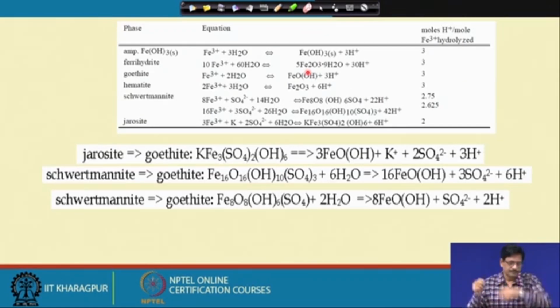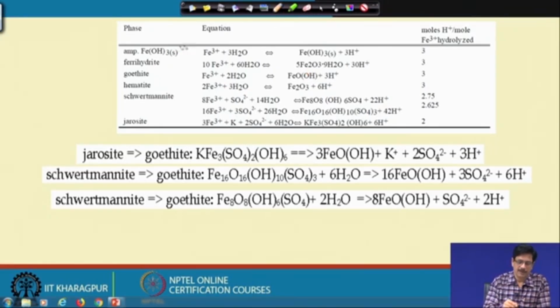And so, these are the... again you can see the same reaction over here. This is the amorphous iron oxide, this is ferrihydrite, amorphous FeOH3 solid. So, here it is forming through this reaction liberating 3 moles of H plus ion, and when it